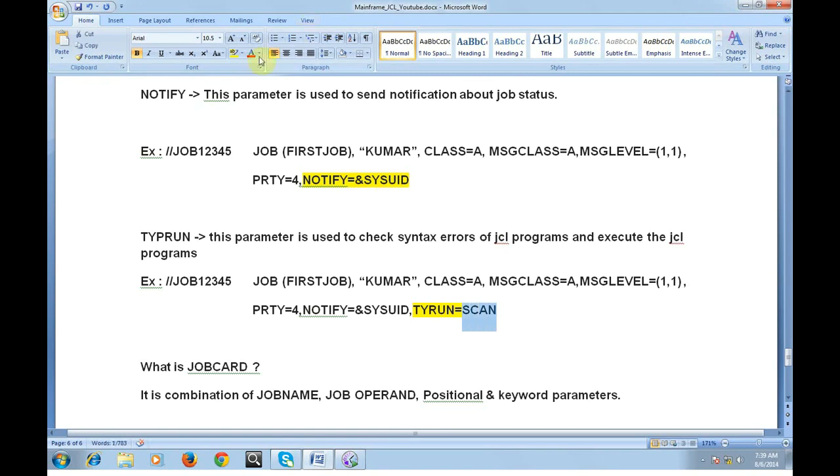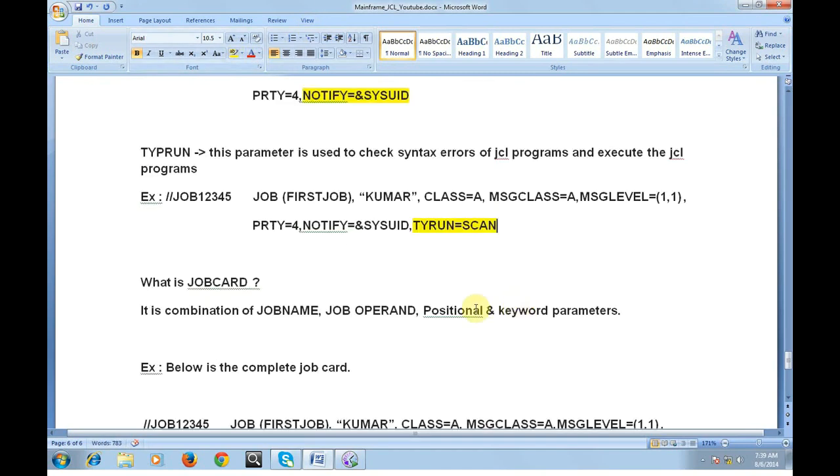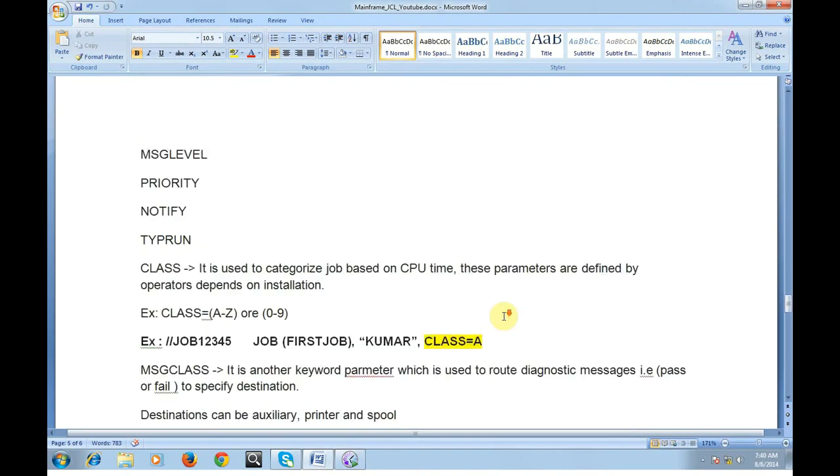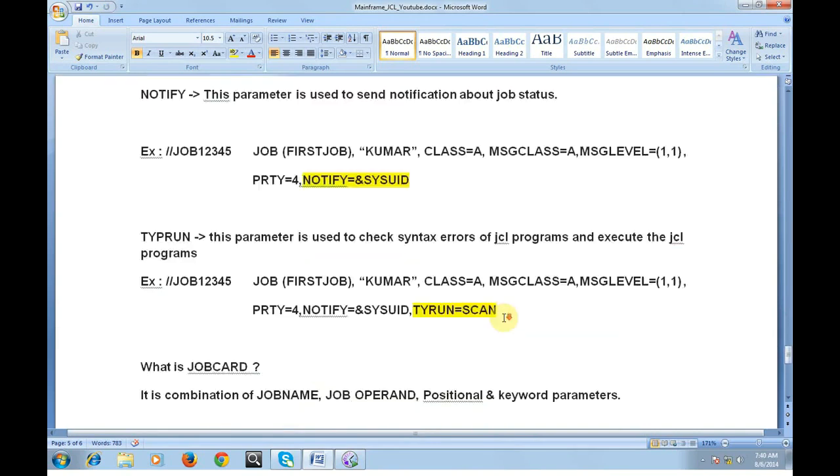Okay, so that was about the importance of TYPRUN. It is a best practice to use TYPRUN equal to SCAN whenever you code a JCL. That was about the keyword parameters at the job level.